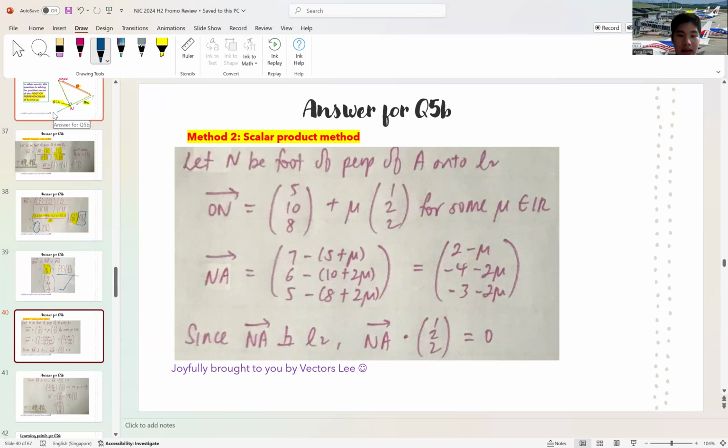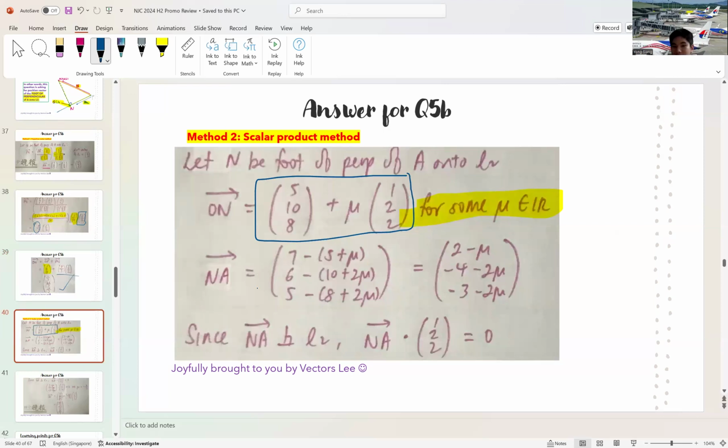At one particular point that is N, for some value of this scalar multiple that exists, ON is going to be this equation. So let me highlight this equation. I don't know what has been wrong with my stylus. Okay,